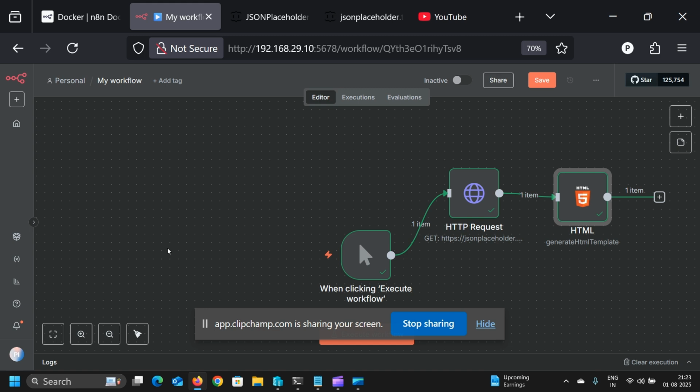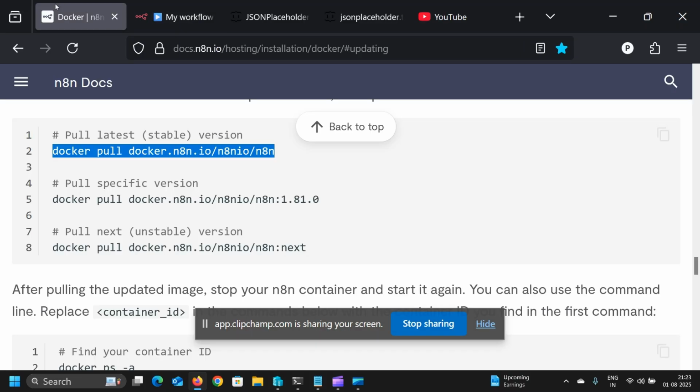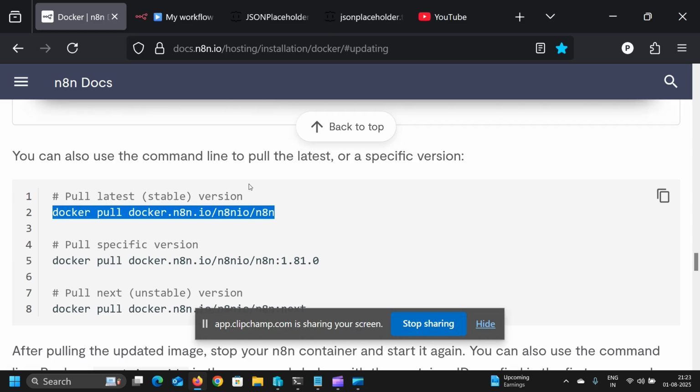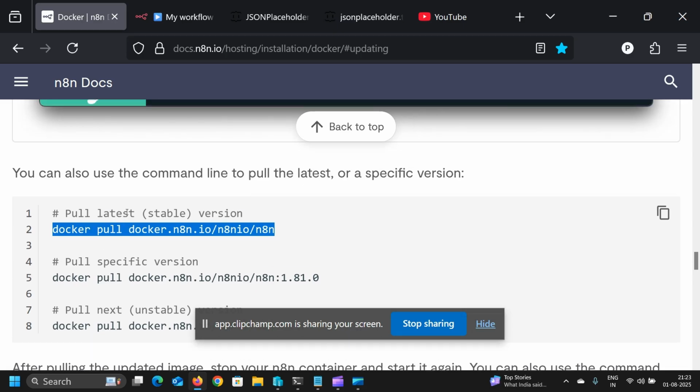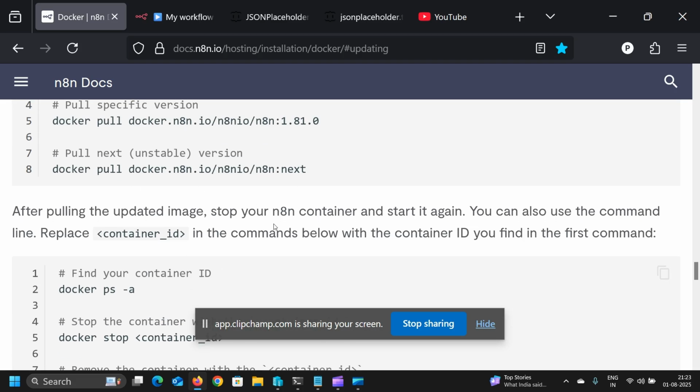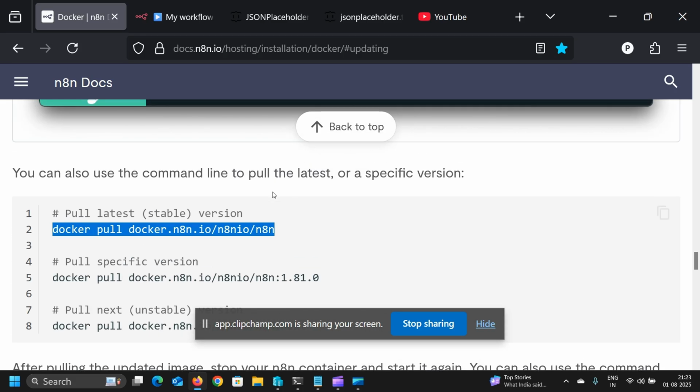So I'm using the local Docker version of N8N. You can go to this N8N document, and I'm using... I have not installed it on my host. In fact, I'm using a container. I'm using a Docker image, and I'm running my Docker image. So these are the commands, and you can go to this site. I will mention this in the description. Then go to this site and pull the latest Docker image and run your